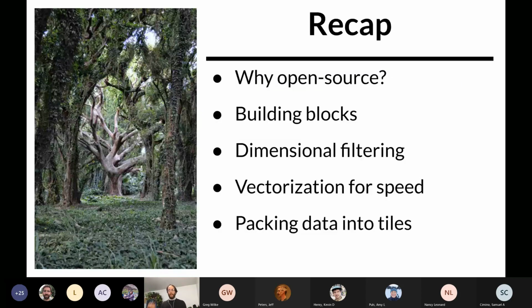So with that, I'd like to wrap up what we went over today. First, I gave you my take on why I think open source is useful in this space. I talked through some of the common building blocks that I use in my overall architectural approach. I highlighted a few examples of some open source components and approaches that I use to build geospatial web apps. I hope that this talk inspires you to consider open source for a future project, and at least inspires you about what's possible.